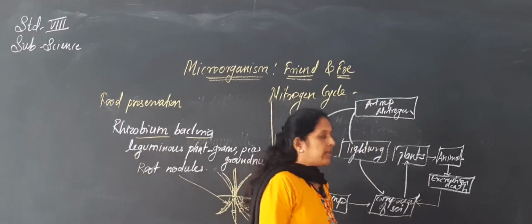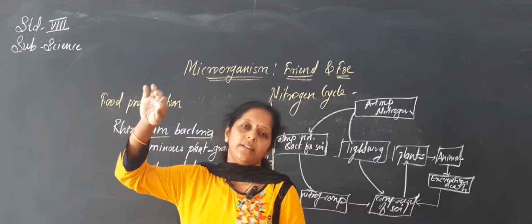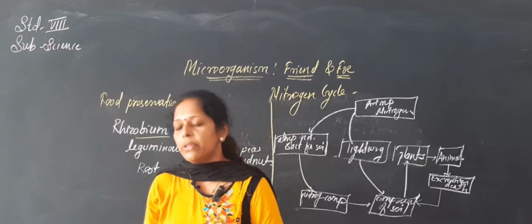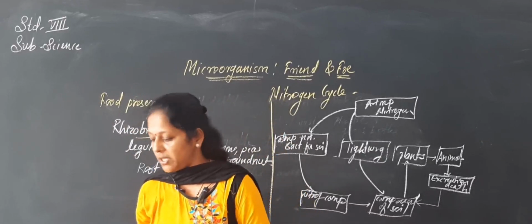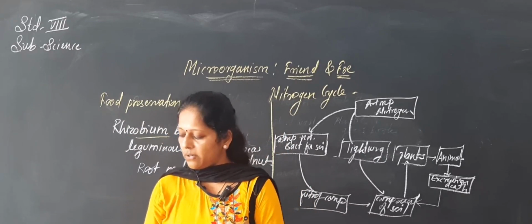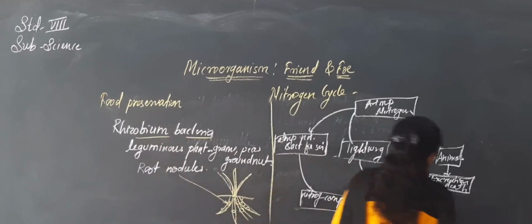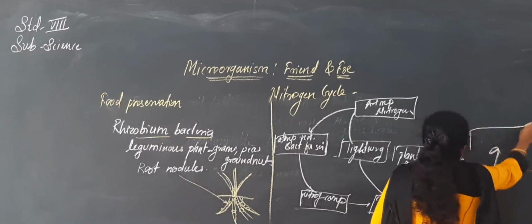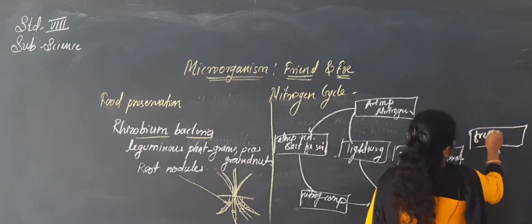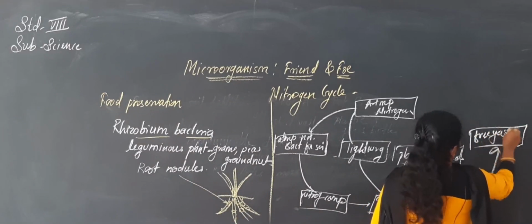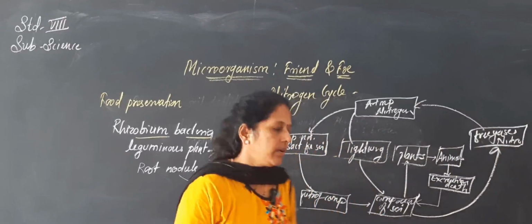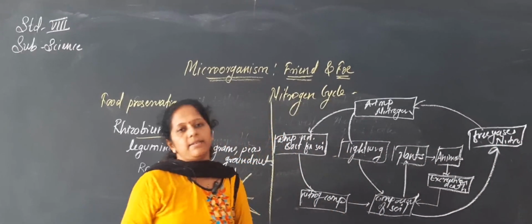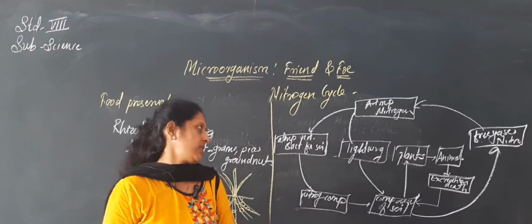After it enters the soil, it is necessary for it to go back into the atmosphere. So the nitrogen is converted again into free gaseous nitrogen. Bacteria convert the compounds of nitrogen into free gaseous nitrogen, and it comes again to the atmosphere. By the bacteria it is converted to free gaseous nitrogen. So this is called the nitrogen cycle.